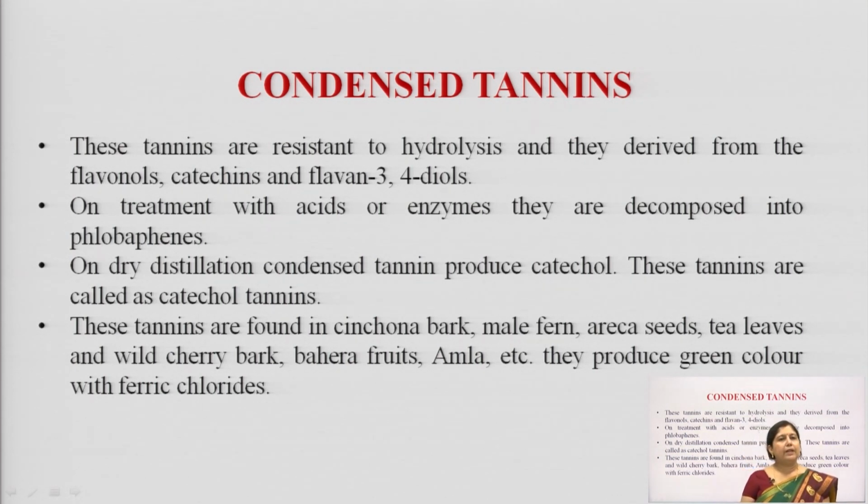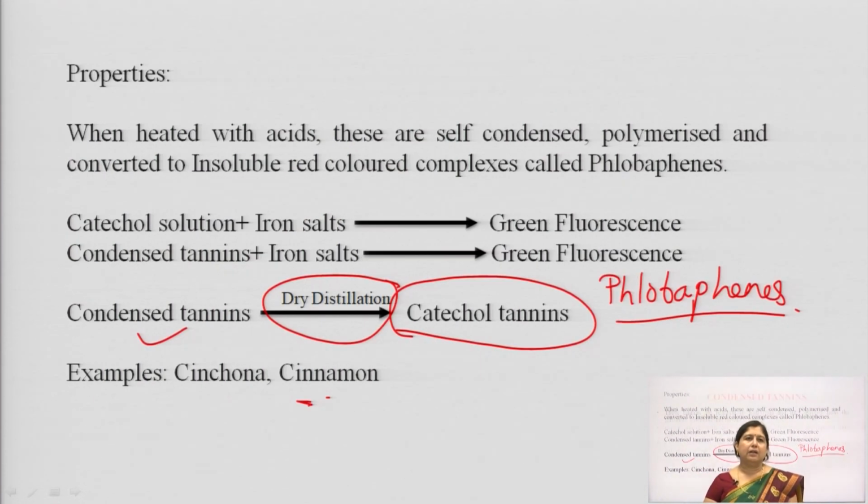These tannins are found in cinchona bark, male fern, areca seeds, tea leaves and wild cherry bark, even baheda fruits as well as amla. They produce a green color with ferric chloride solution. Okay. So, earlier we have seen blue fluorescence in case of hydrolyzable tannins. Here we find the green